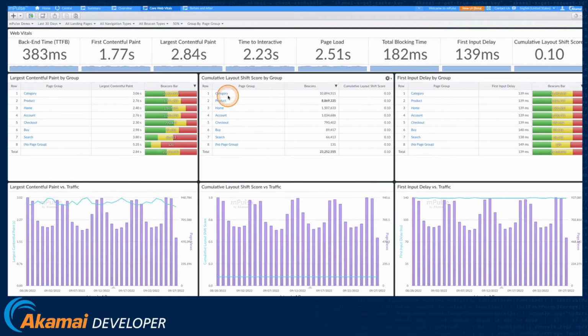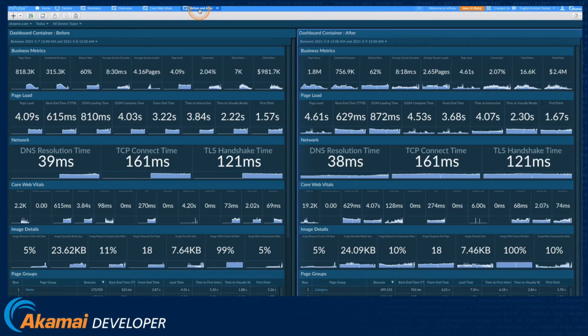Another important dashboard is the comparison dashboard. In this example, we're comparing two time periods, May 7 to May 8. This could represent the time between application releases or other application changes. And we're comparing several types of performance data, including business metrics, network timings, core web vitals, image performance, and so